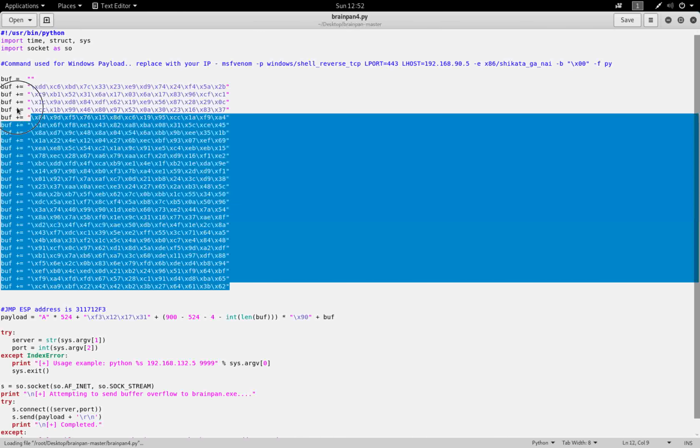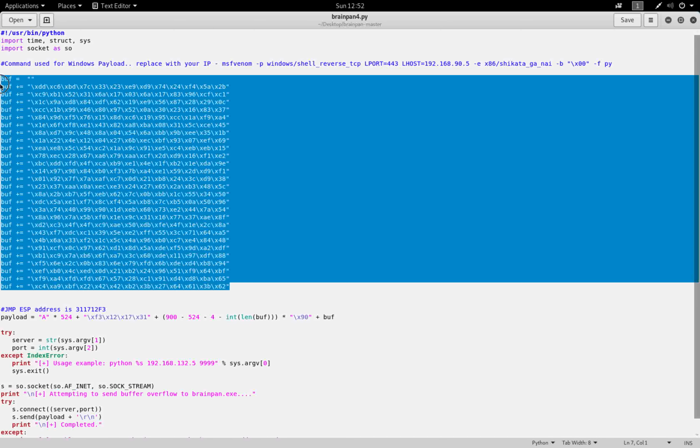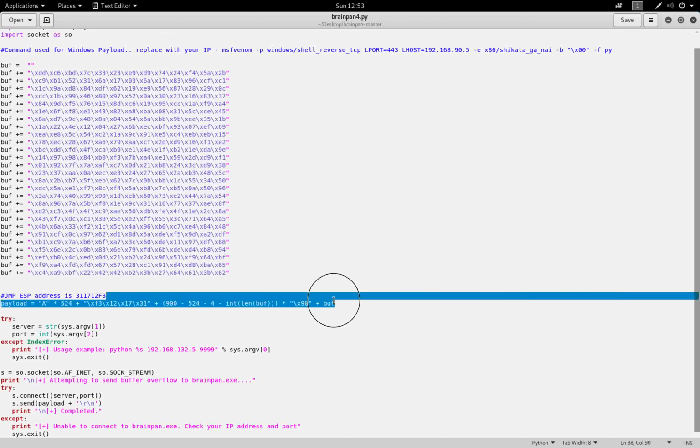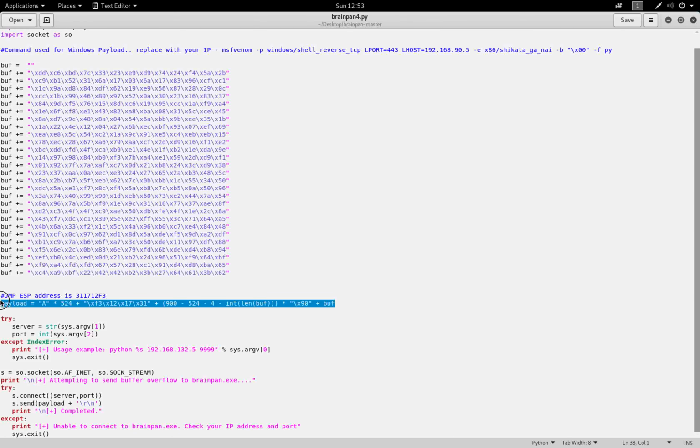As you see here, this is the one, right? I've already pasted from the previous exercise, so I'll just keep this. So this is the shell code. So now you can see the final payload here, and everything comes into perspective. What we have done is retained the 524 characters of A, because this basically fills up the buffer,